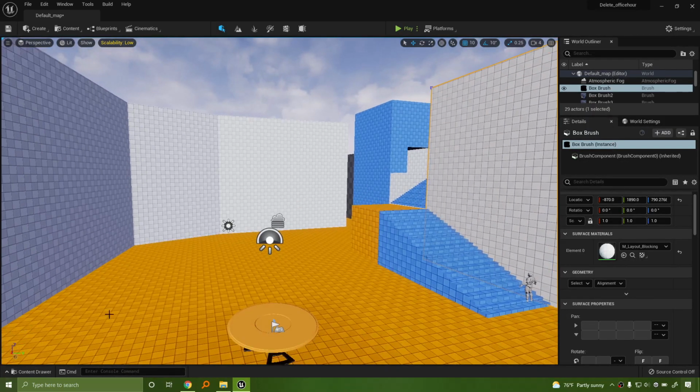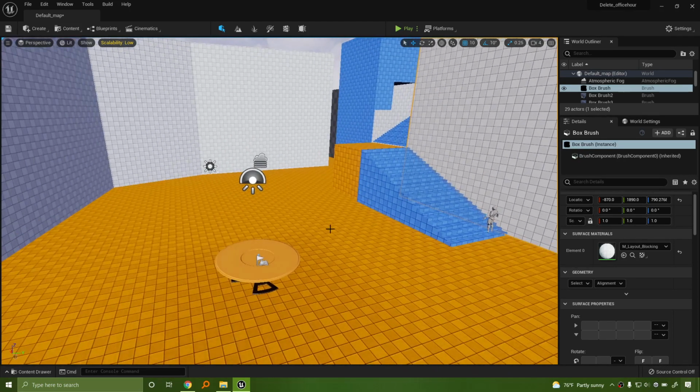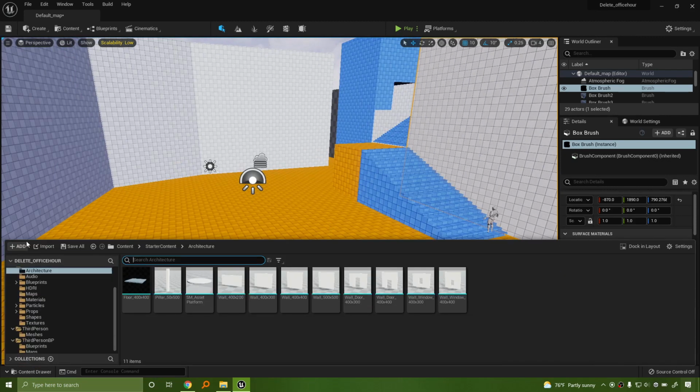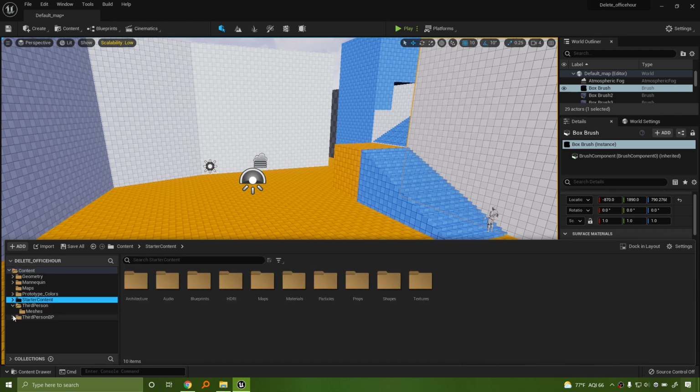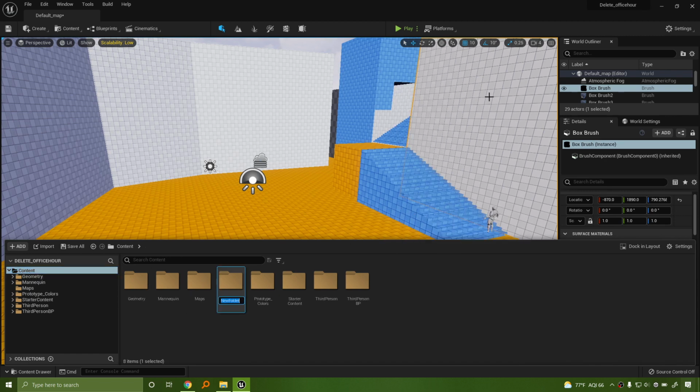So let's say you want to import an object. How did I explain at the very beginning that everything comes into the engine? Through the add button right here. This adds new content. Let's go ahead and clean up our folder structure here because I don't want to deal with this too much. I'm going to right click the content folder, right click the gray space, click new folder, imported SM. So I'm going to call this imported static mesh.